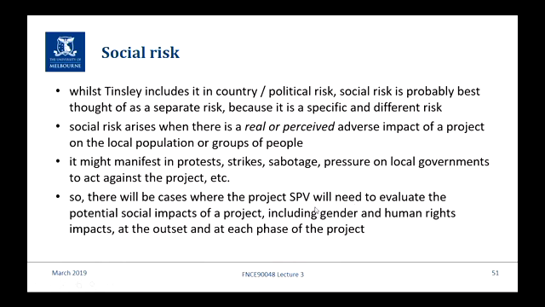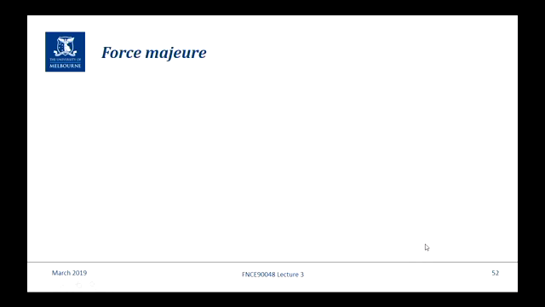So there will be cases where the SPV needs to evaluate the potential social impact, and in lots of cases it's pretty much no, there's no impact, including gender and human rights impacts. I've always wondered about whether you can say there's a specific gender impact. I imagine you probably could in some cases. I used to say, well, look, if you're going into the Muslim world, there's clearly gender-specific issues, but that's part of their system, it's not part of your project. But then if your project somehow has an impact on the way that the gender politics run, then potentially that's a problem. So you have to evaluate that.